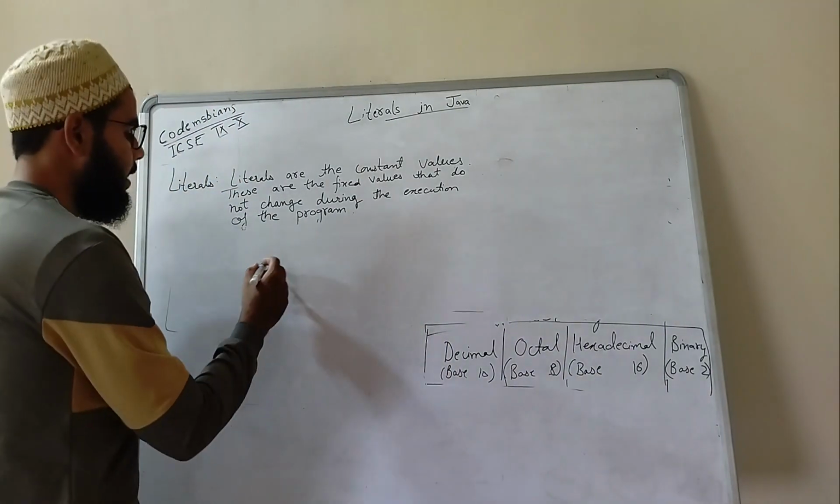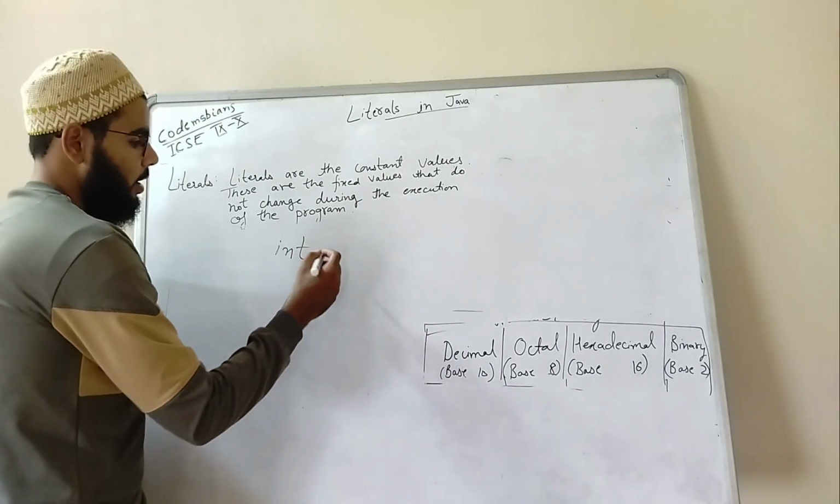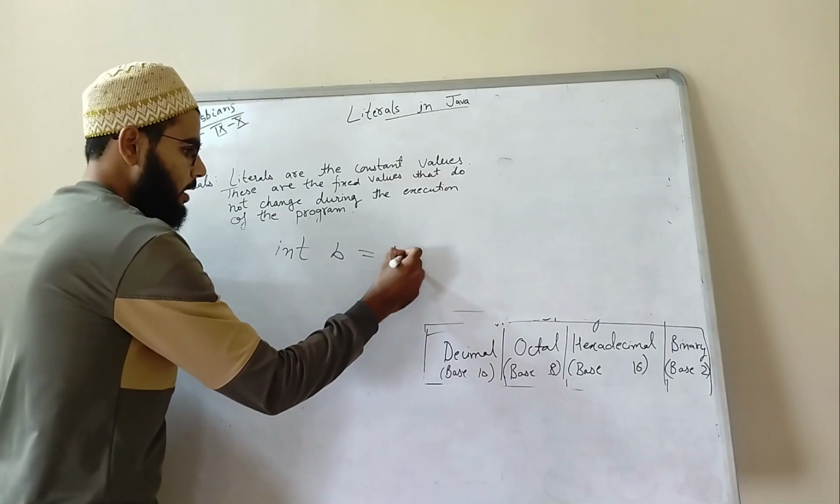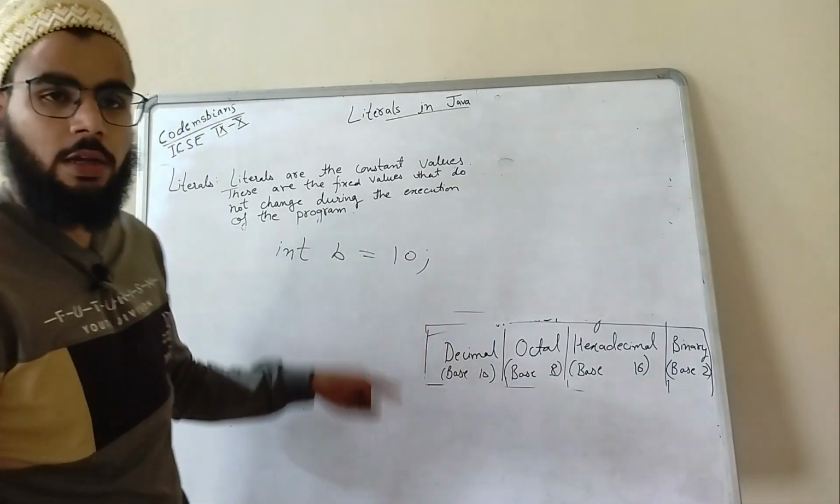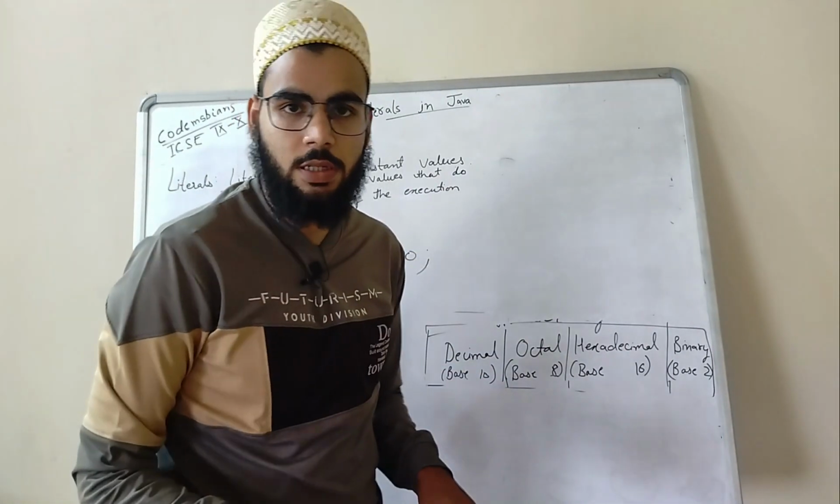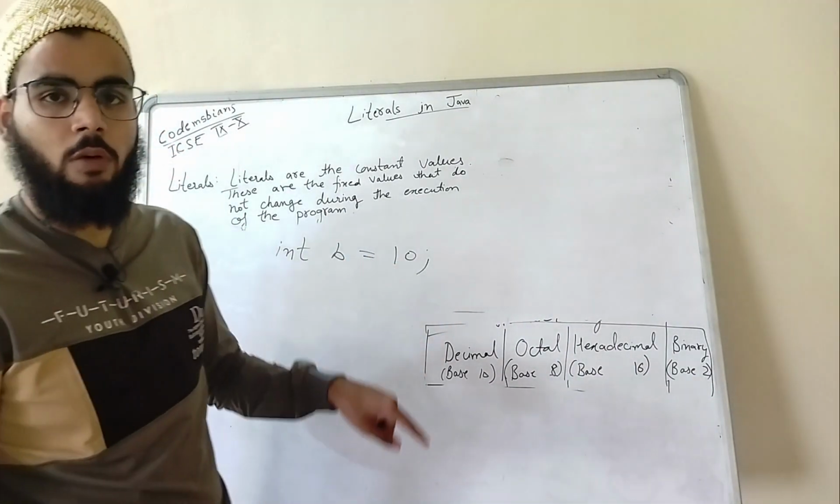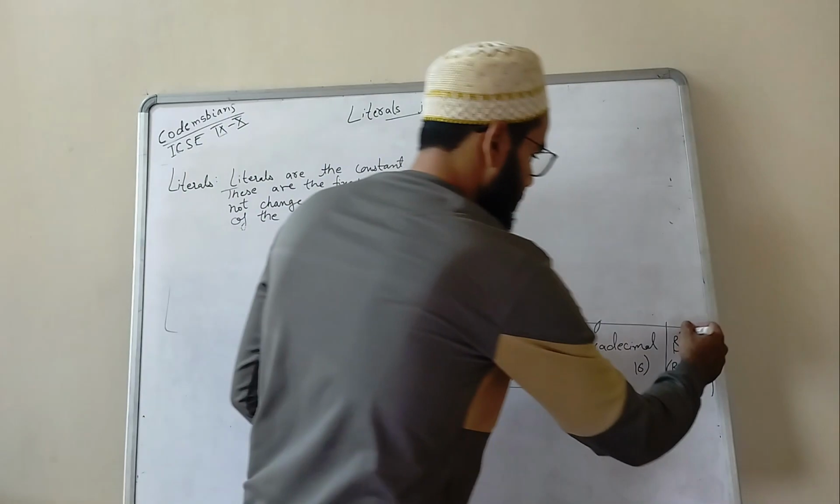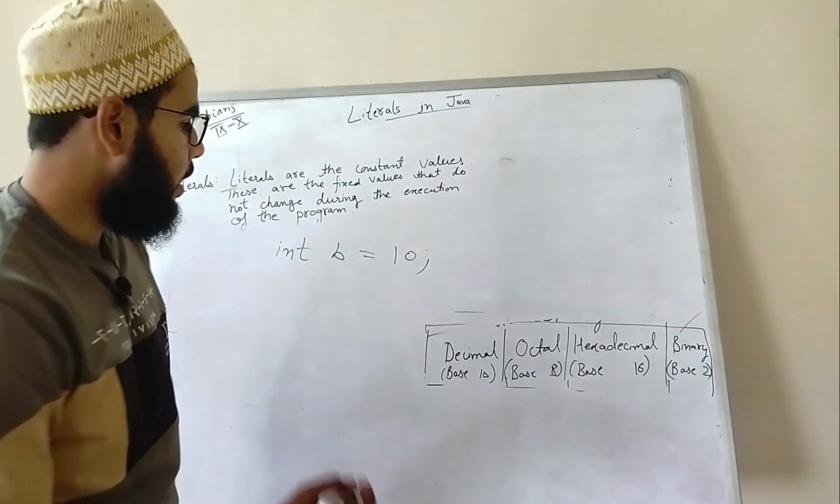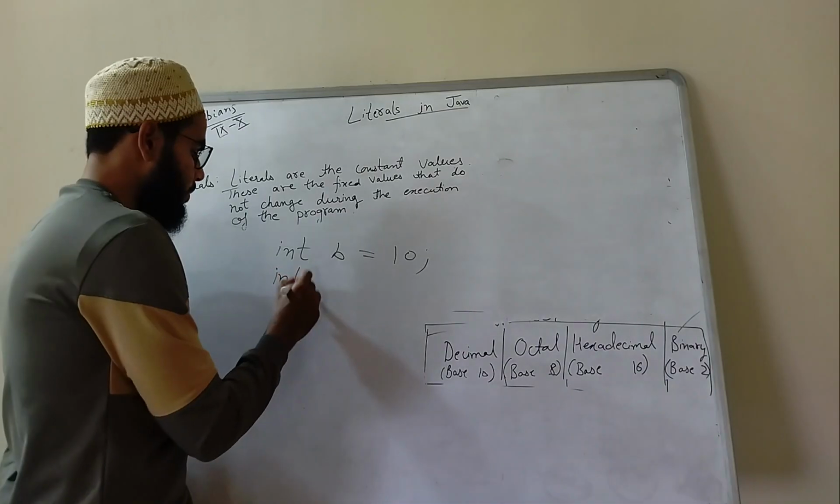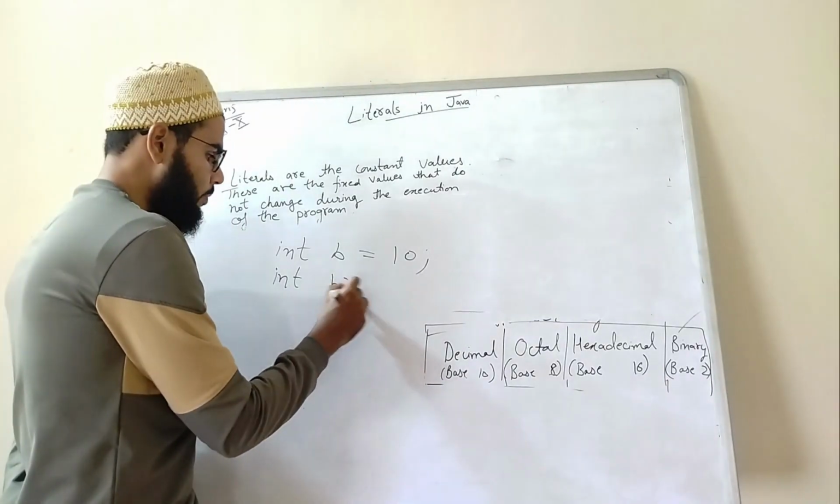For example, when I am declaring here, let's say int b is equals to 10. So we have used the decimal number system, right? Now if I want to write this 10 in the form of a binary number, in this form I wanted to write. So what I have to do is I will write int, I can write this b2, let me make it